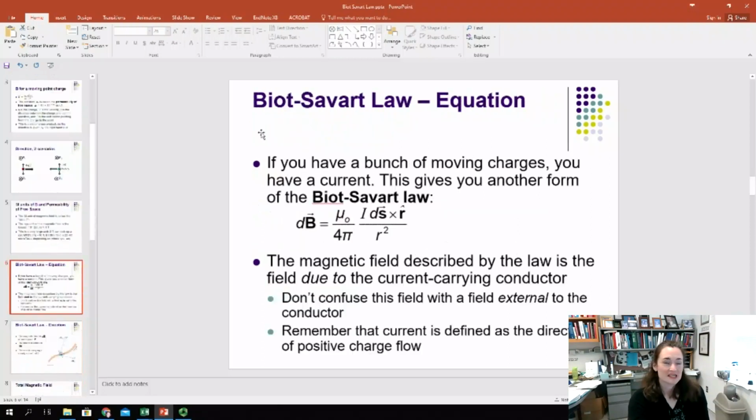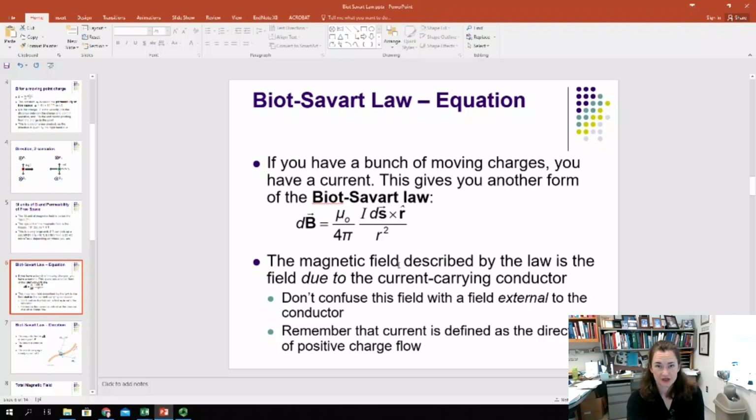Okay, now we talked about it for a moving point charge, but of course, normally you don't have just one charge moving. You have a bunch of charges and it makes a current. So if you have a bunch of moving charges, then this gives you another form of the Biot-Savart Law. So in this case, I'm going to express the magnetic field dB, a little differential amount of that magnetic field here. So dB is equal to mu naught over 4 pi times the current I ds cross r hat over